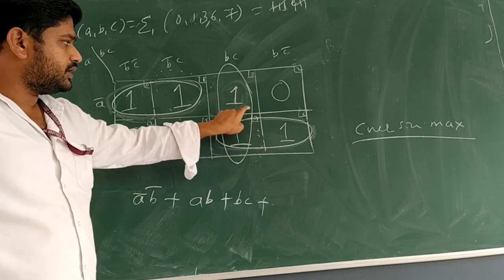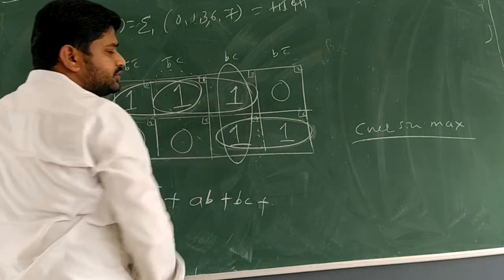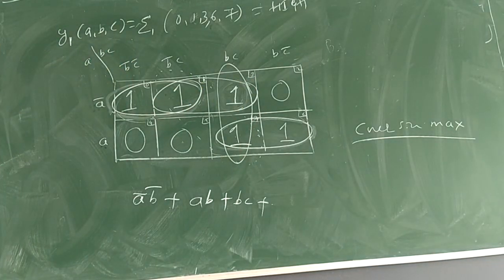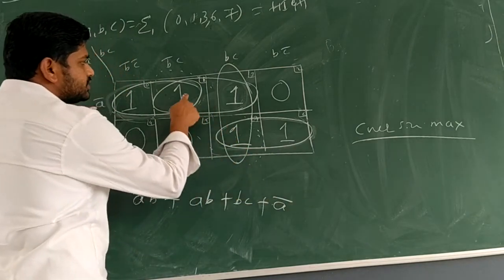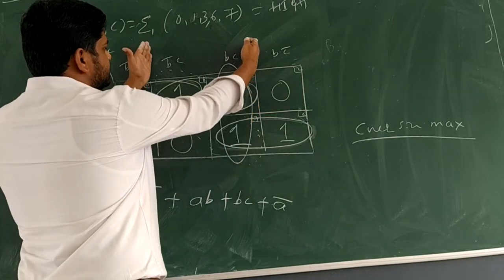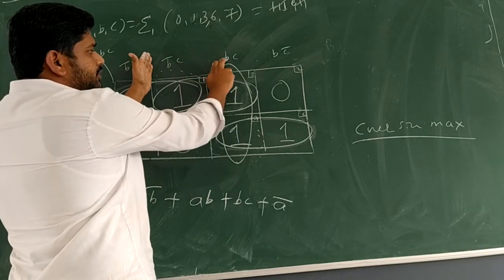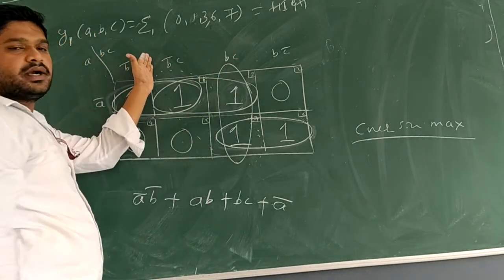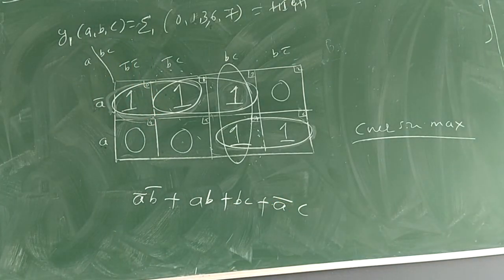So if 3 is making with the 7, then 3 can also be paired with 1 in this manner. 3 with 1, which we call it as 1 comma 3. So what is that function? It is a horizontal cover, hence it is A complement. See now, new calculation. See where is the cover? It is between second and third column. What are the functions? B complement C, BC. B complement C, BC. Between them, B complement and B will cancel. We left with C. Is it clear? So we left with these are the options. Okay, fine. Let's take one more problem.